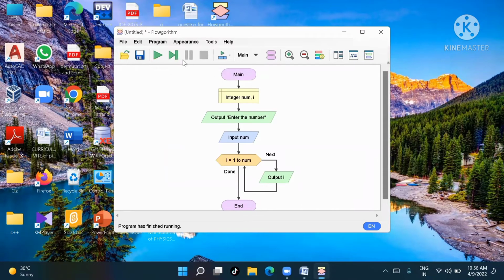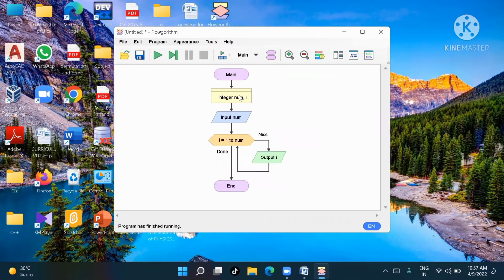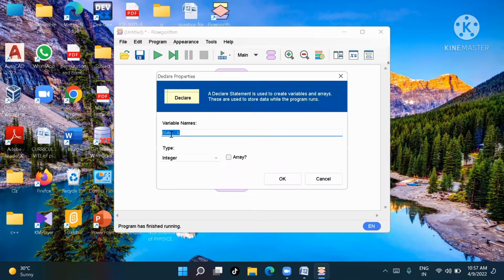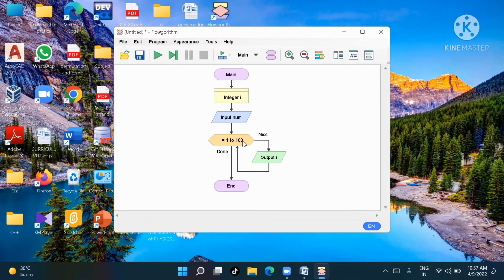If the question asks to print 1 to 100, then don't write num; write the ending value. If you tell 100, then write 100. If you tell 10, then write 10.